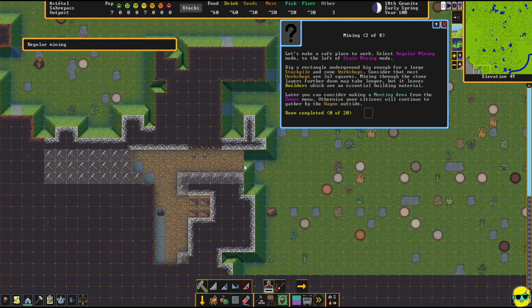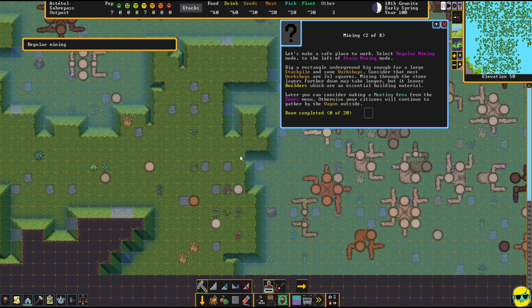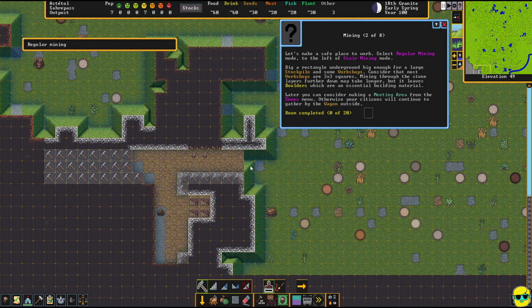And here is our base right here. And I want to show you, we're coming in right here. I didn't remove this ramp. We actually want to remove the ramp. And so